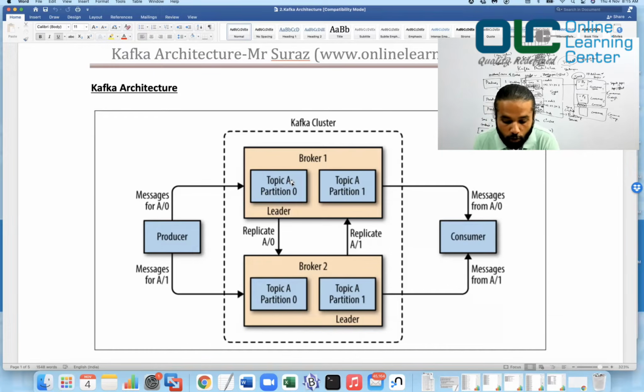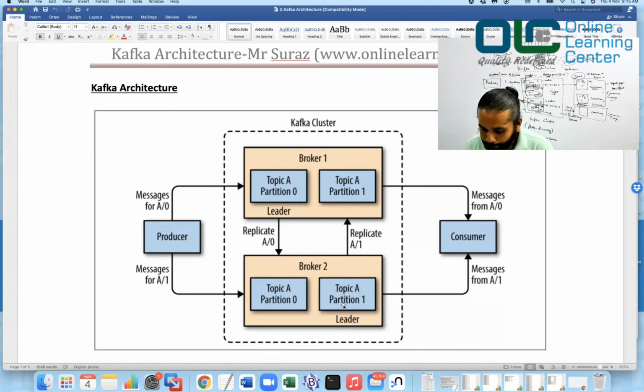For this topic we have two partitions here. Topic A, partition 0, topic A, partition 1, two partitions for the same topic. While creating the topic, you can write a command which can help you specify how many partitions you need. We'll see that practically. Now see here, topic A, partition 0, this was elected as a leader, and topic A, partition 0, this is a follower. The first one is a leader, the second one is a follower.